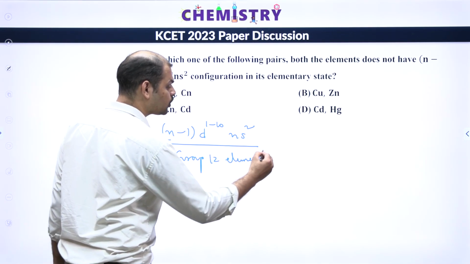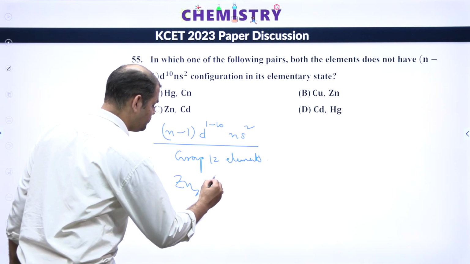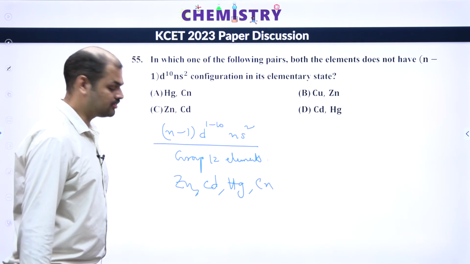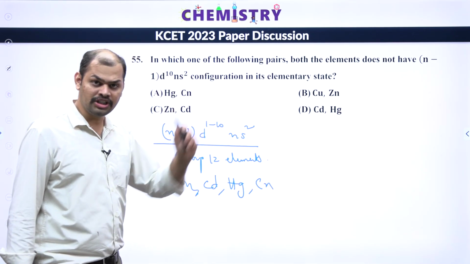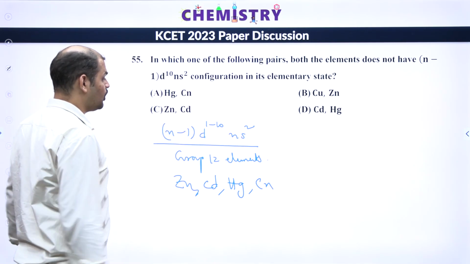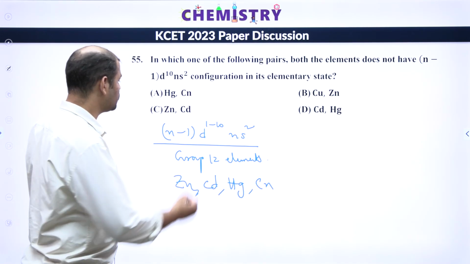So do you know what group 12 elements are? These are zinc, cadmium, mercury and copernicium, Cn. Zinc, cadmium, mercury, copernicium. Observe carefully, which of the following do not have this configuration? If you observe the first one, mercury and copernicium, they belong to the 12th group, so the first one is not the correct